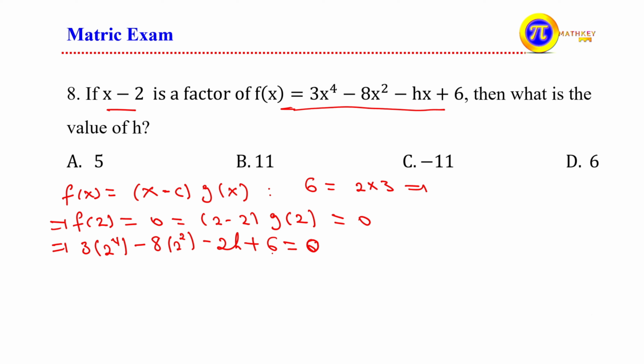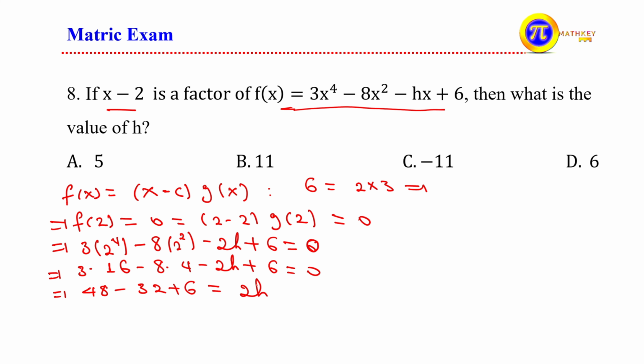Since x minus 2 is a factor of the given function f of x, this is 3 times 2 to the power of 4, that is 16, minus 8 times 2 to the power of 2, that is 4, minus twice of h plus 6 is equal to 0. 3 times 16 is 48, minus 32, plus, let's collect like terms, the constant 6,